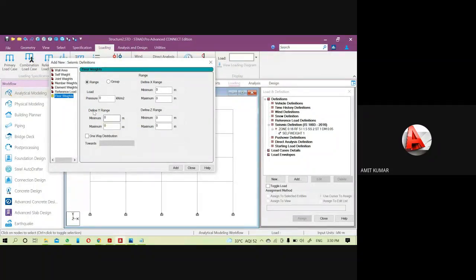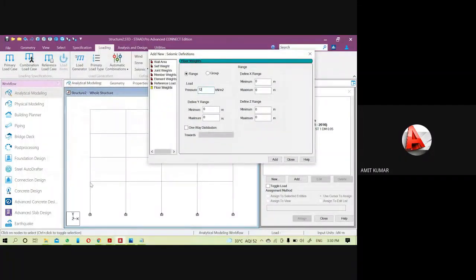The pressure is given as 12 for the floor. Let me calculate the height: 4.2 plus 3.2 plus 3.3 will be 10.6. So it will be from 0 to 10.6, because at the top we have to add the roof load, not the floor load. So from 0 to 10.6 we will add the 12 kilonewton value.